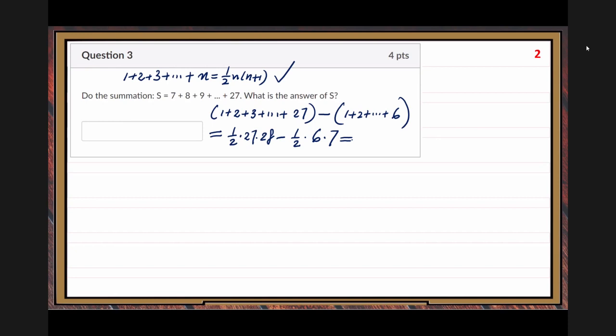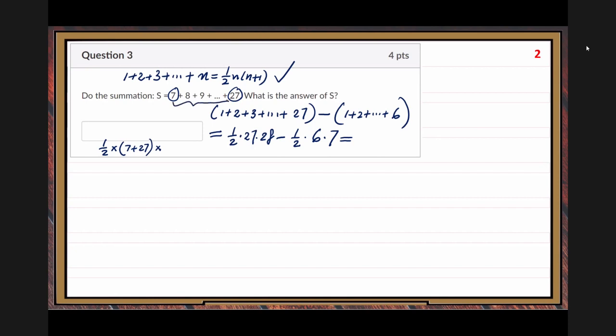The formula is this. You apply that formula directly: 1/2 times the first number plus the last number, so 7 plus 27, then times the